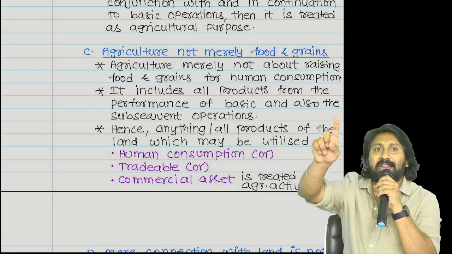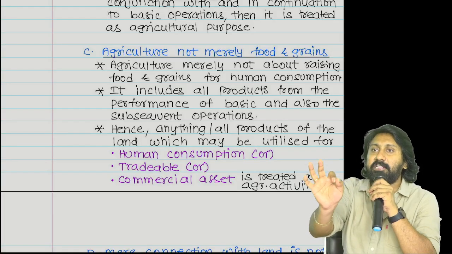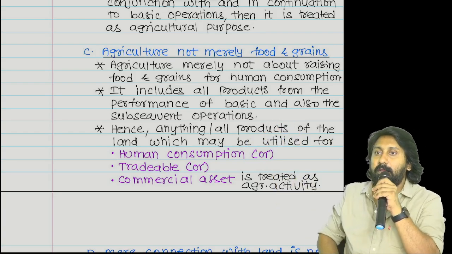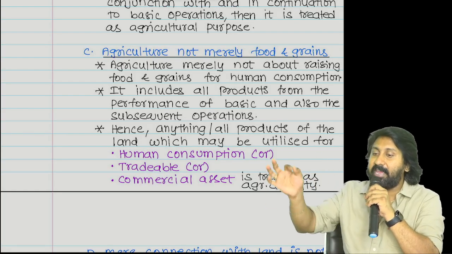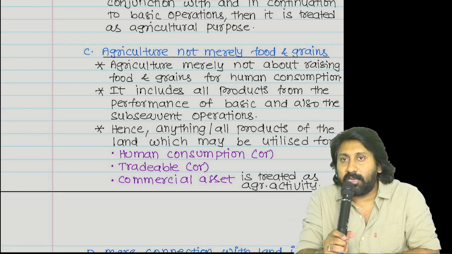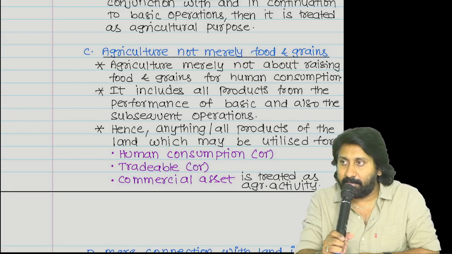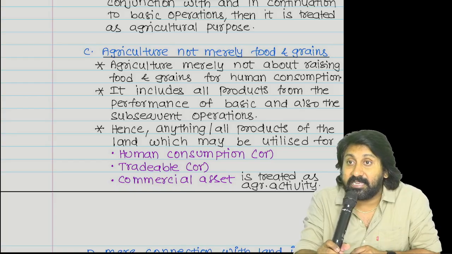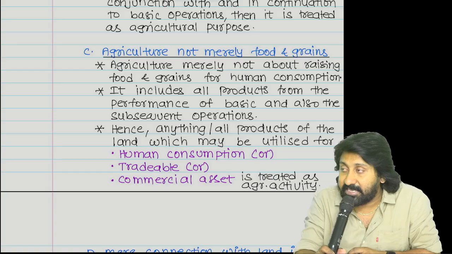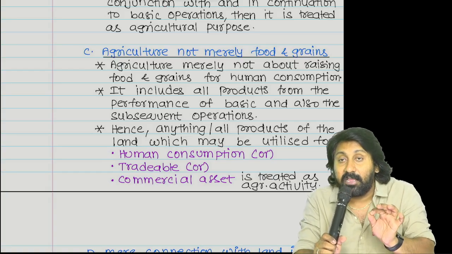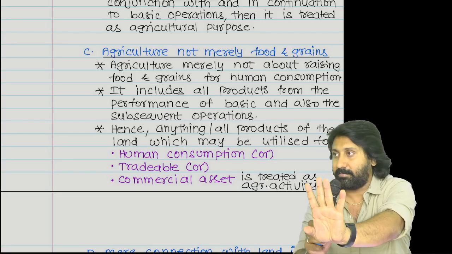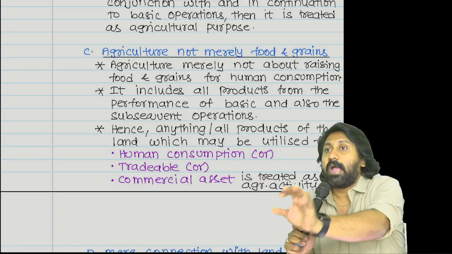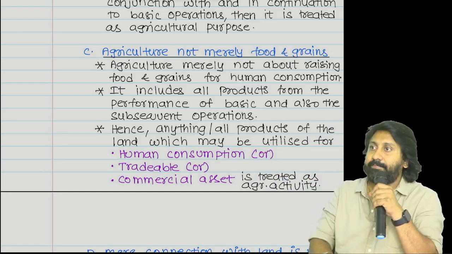I want every one of you in the class to tell me the definition of agricultural income as per section 2(1A-B). Listen to my words. Agricultural income means any income derived from such land by way of what? Agriculture. For human consumption, they did not say. I said only. Very bad response. I will ask. Answer my question properly.